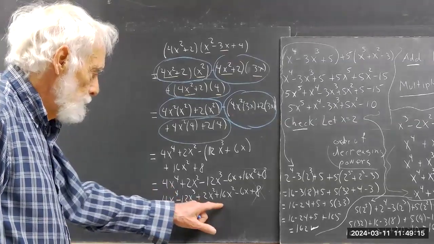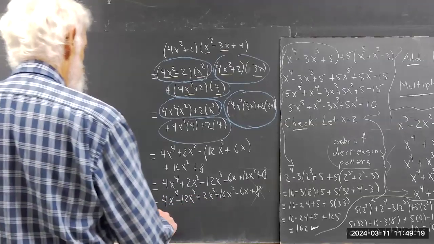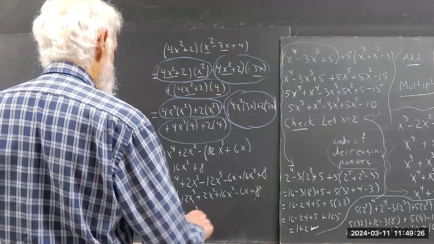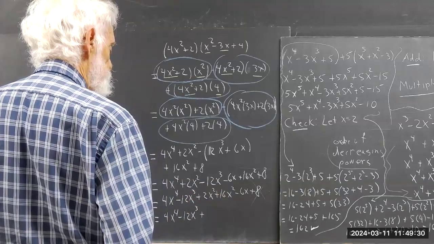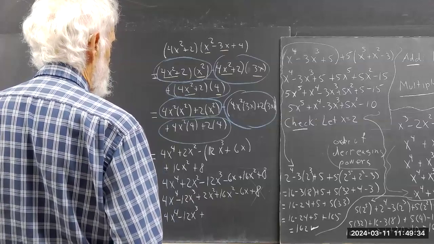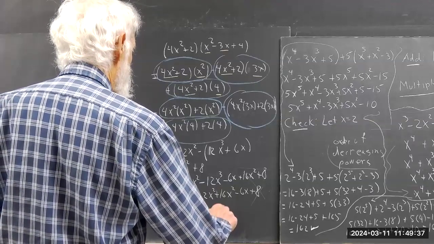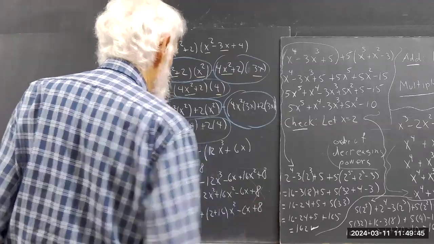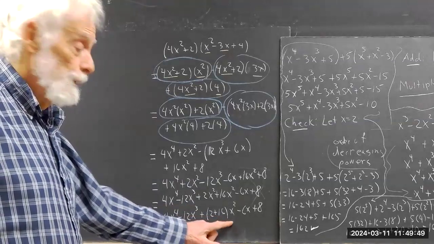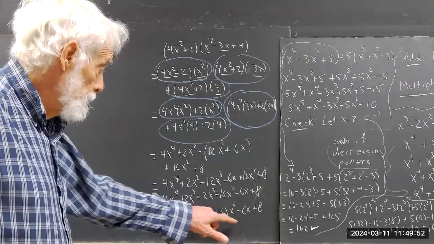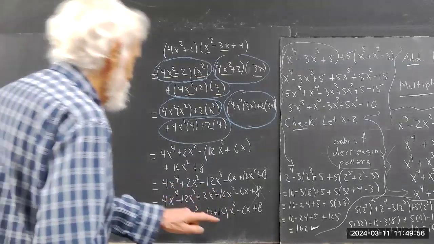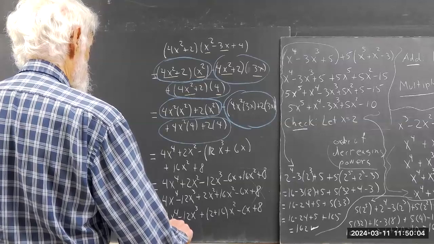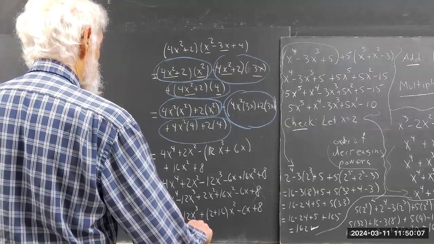Now I have the like terms here: 2x squared and 16x squared. I could write as 2 plus 16 times x squared. Because by the distributive law, 2 plus 16 times x squared is just 2 times x squared, which is here, plus 16 times x squared, which is here. I think it's a good idea for you to write that out if you're having a little trouble understanding the like terms thing. But if you really believe it,